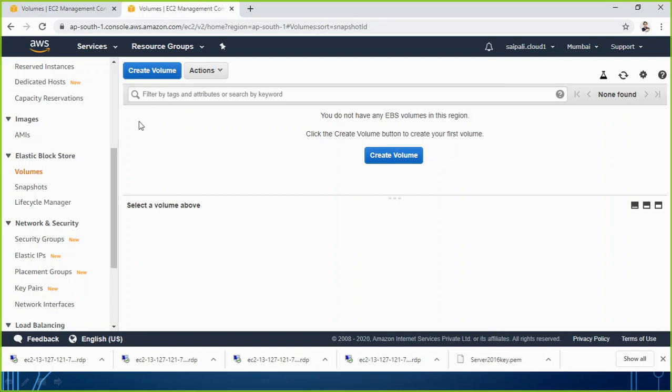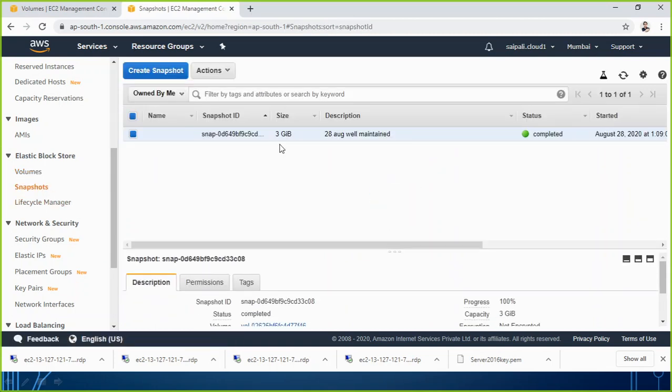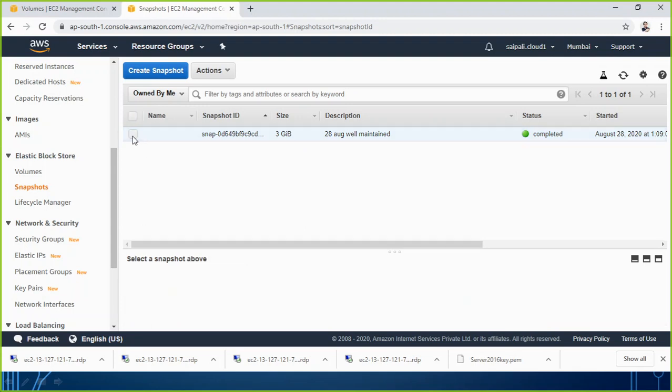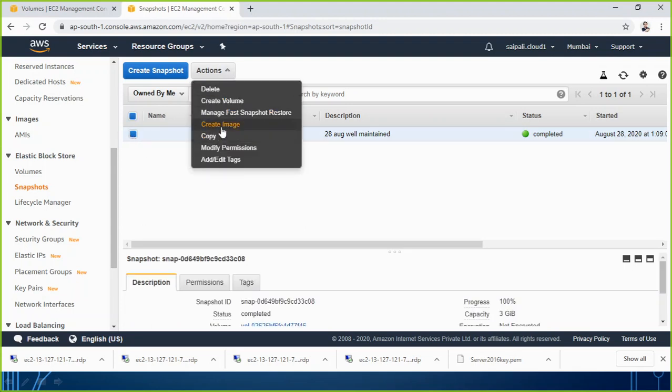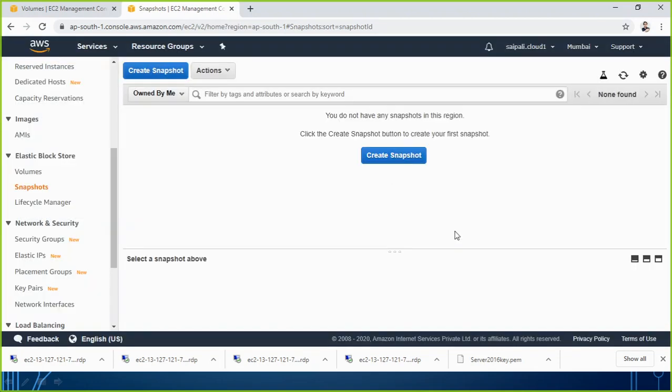You will be seeing that there is no volume remaining now, because when I terminated the EC2 instance, the attached volume, the default volume, will be automatically deleted because it was checked while I was creating it. Now for the snapshot, there is one snapshot. If I want to delete it, select, and here you have the option of delete. So snapshot is also occupying the space. Keep in your mind, the snapshot I took was of 3 GB, so that 3 GB will be again charged if I leave it running there.